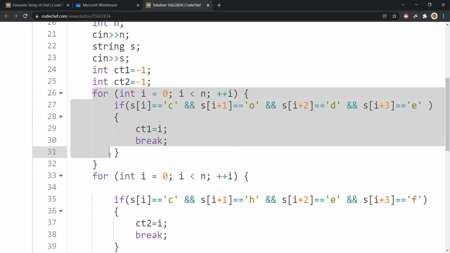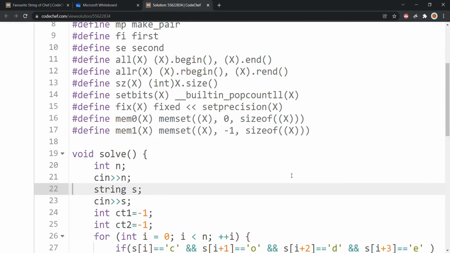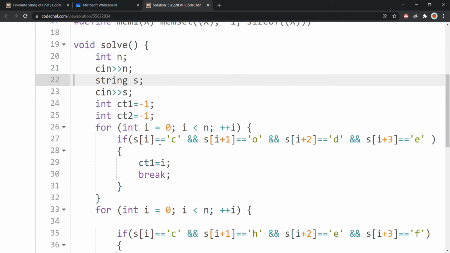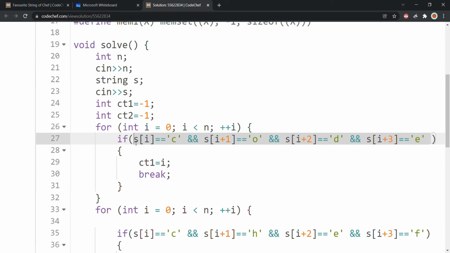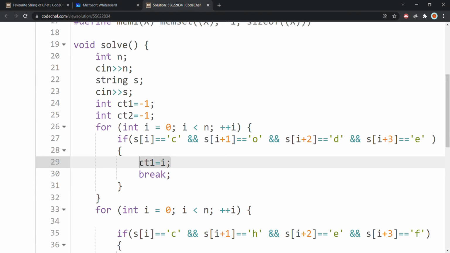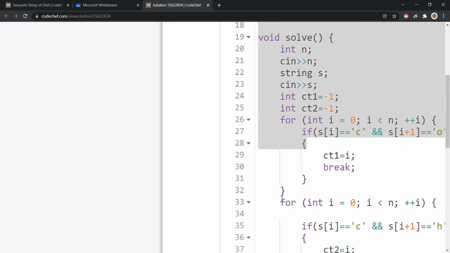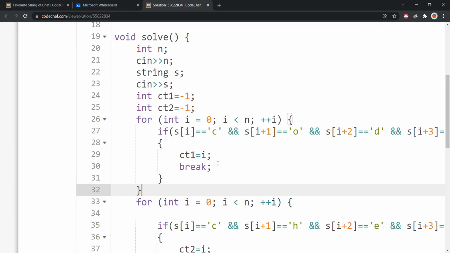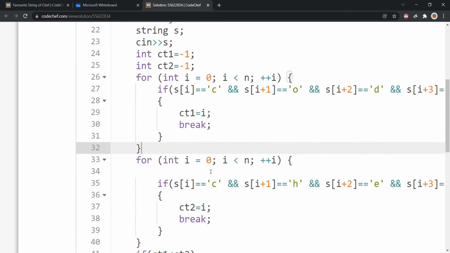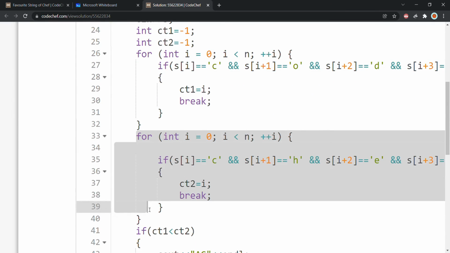So I run this for loop and find this combination. I find the condition that S[i] is equal to 'c' and S[i+1] is equal to 'o', and so on, the full code sequence. If I get this same sequence in this manner, continuous, not leaving any space in between, I simply update the count variable with the starting index of code, and I break the for loop. After that I run another for loop